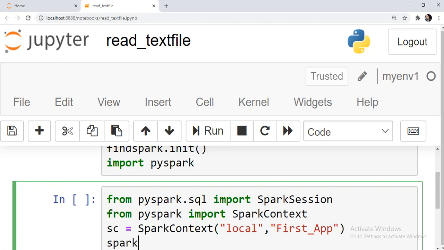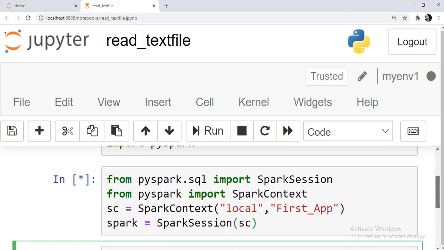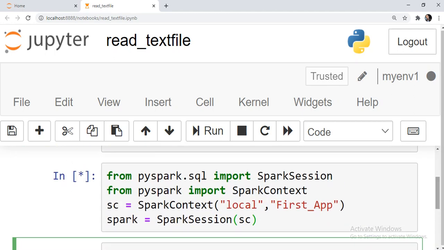If I get the Spark context, I will create a Spark session based on the Spark context we created. Let's give it a try. It's running, because this star shows you that it's in running state.